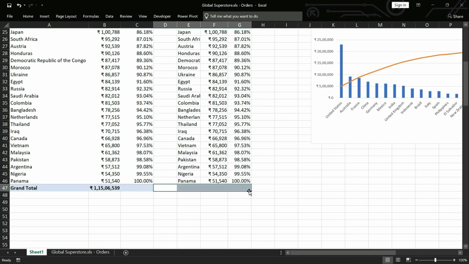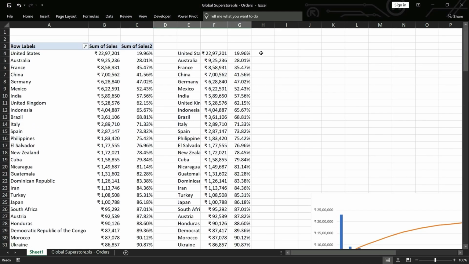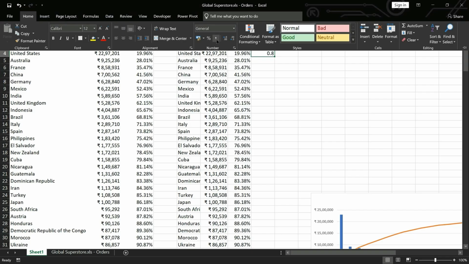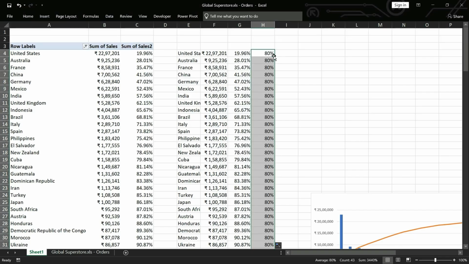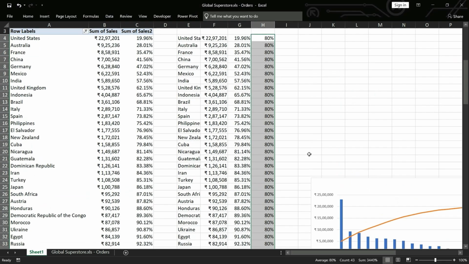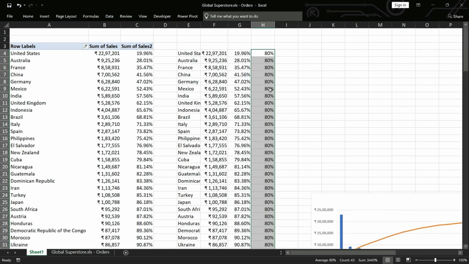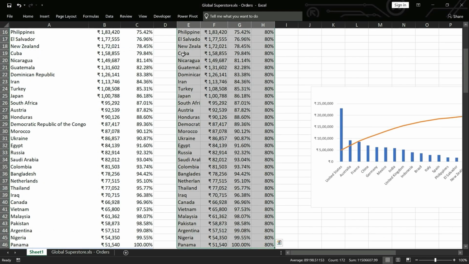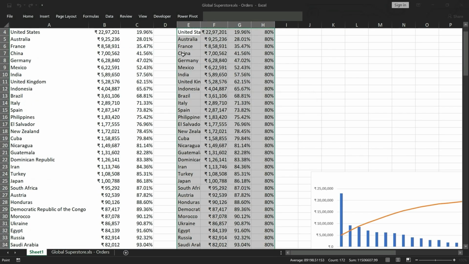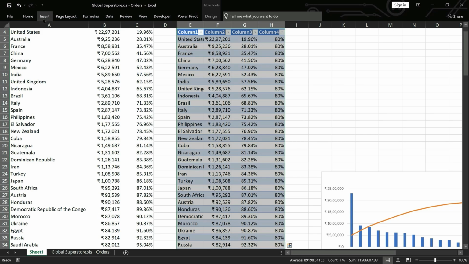This is not needed, and here we will write 0.8, go to Home, make it a percentage, and then we will fill it to the bottom. Now on the basis of this, we can create a table here, and on the basis of this we can insert a chart,